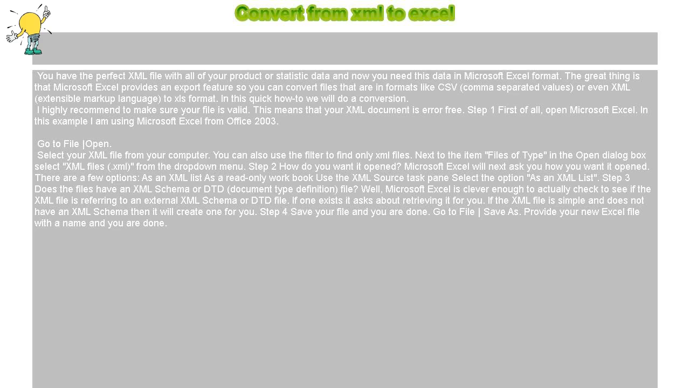Convert from XML to Excel. You have the perfect XML file with all of your product or statistic data, and now you need this data in Microsoft Excel format. The great thing is that Microsoft Excel provides an export feature so you can convert files